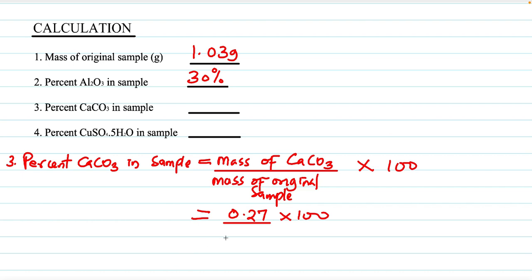Now the mass of the compound is 1.03. Now this is approximately equal to 0.27 times 100 divided by 1.03. So this is 26% approximately. Yeah, so this is 26%. Okay, so how do we get that of the